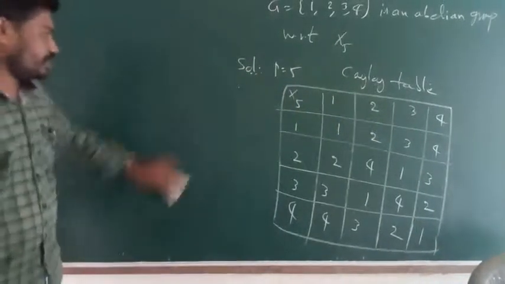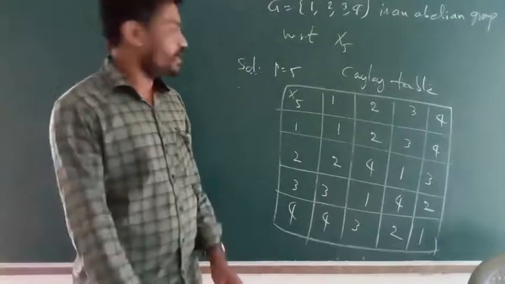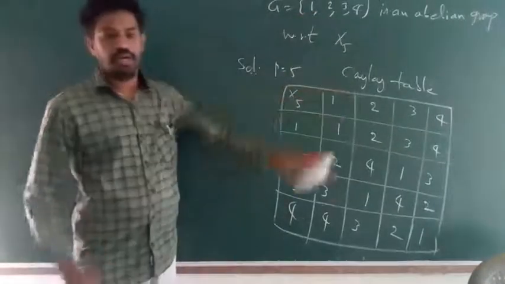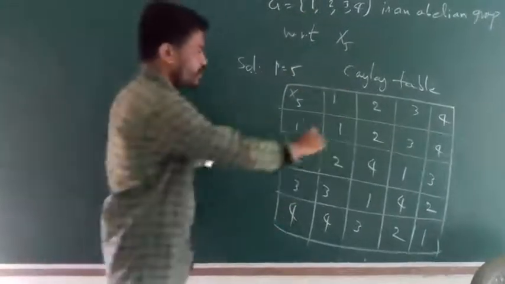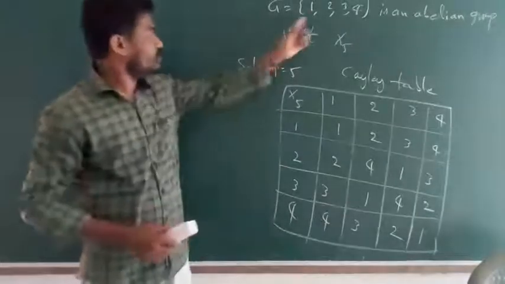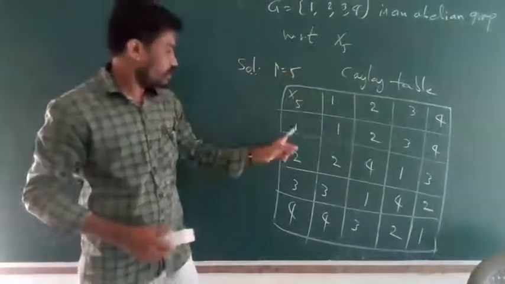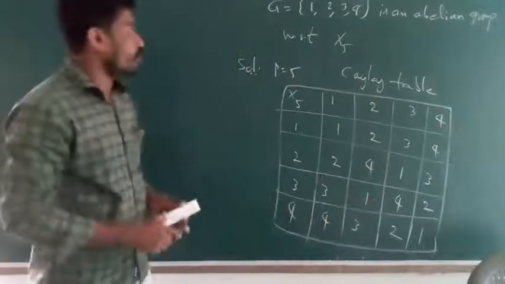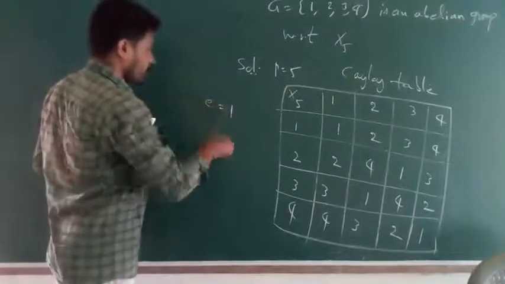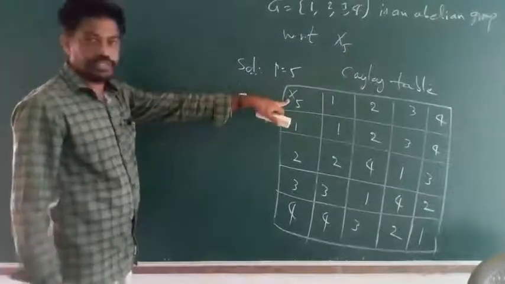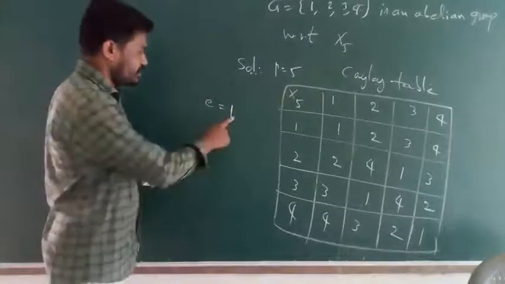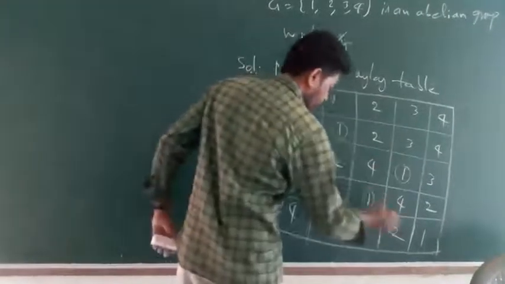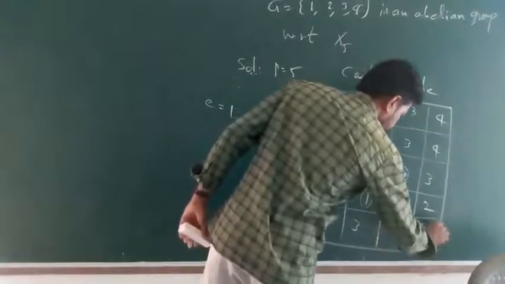Next you can apply the closure law, associativity, identity and inverse. G is the given set of elements 1, 2, 3, 4. In this table we compare all the elements, only these elements and no other elements. What is the identity element in this table? For 1 cross 5, the given binary operation, the identity element is 1. It appears on this side, this side, and this side.